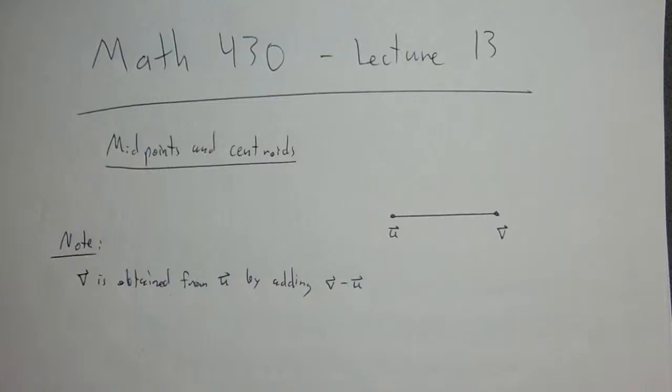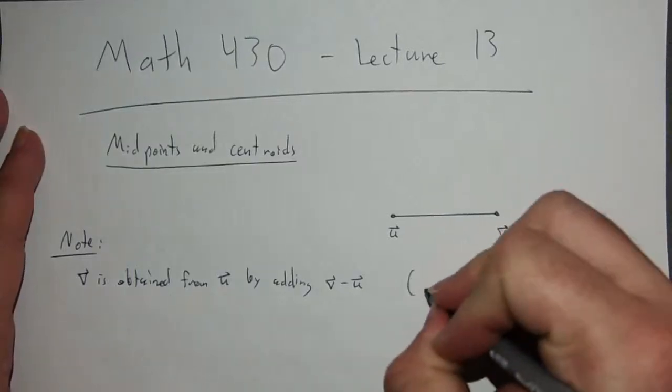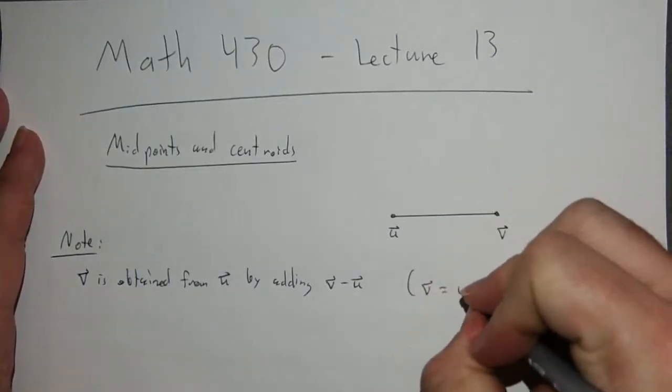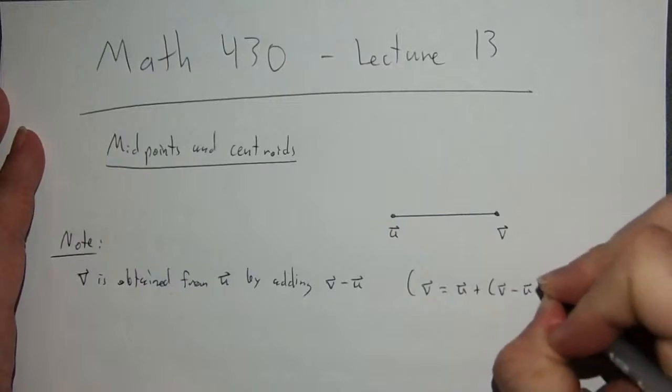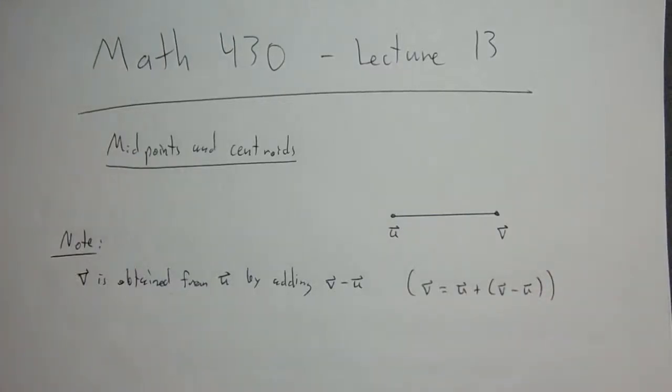And that might seem kind of silly, right? This is just the statement that v is u plus v minus u, right? Which algebraically might look pretty silly, as this is a very obvious fact, but this is actually something important